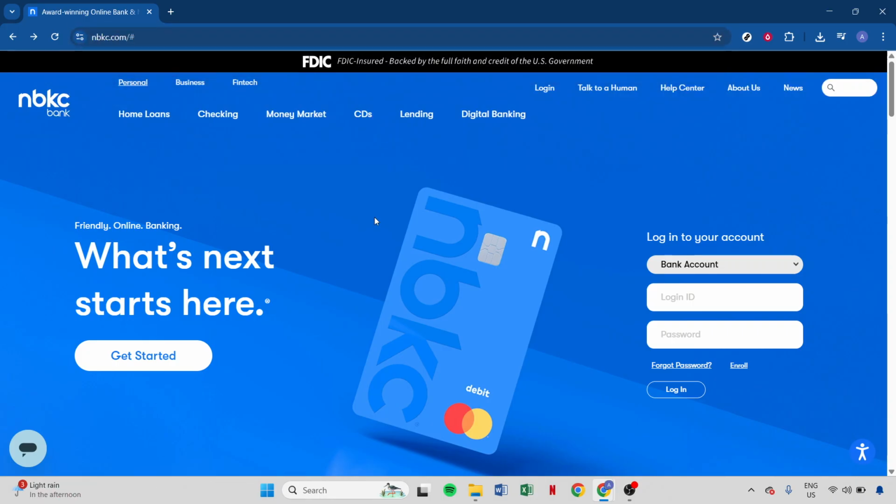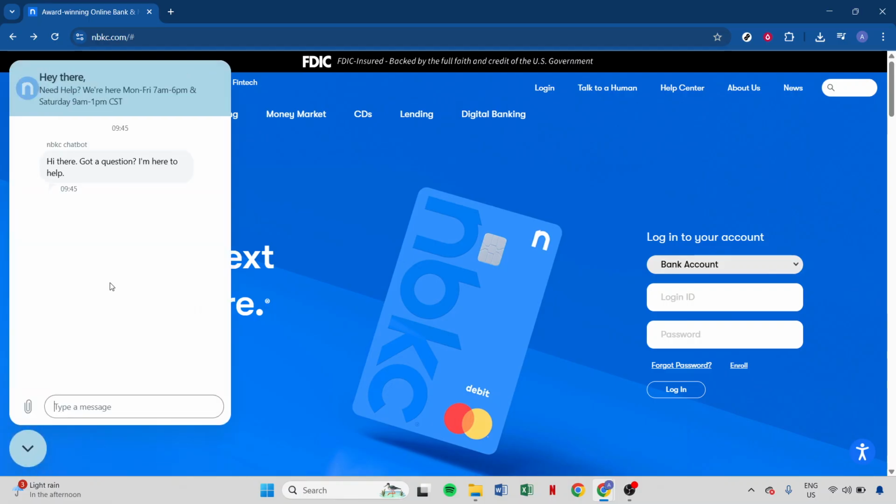Now, one of the most user-friendly features of their site is the live chat option, which you'll find on the lower left-hand side of your screen. This chat interface is an effective way to communicate directly with a representative. Simply initiate the chat by clicking on the chat icon and go ahead to type your request. What are my options to schedule an appointment with an NBKC representative? Often, the representatives are helpful and may even set up the appointment manually for you, guiding you through the necessary